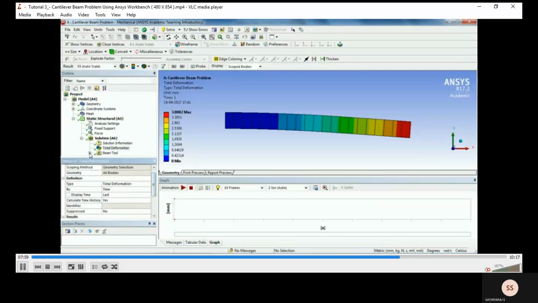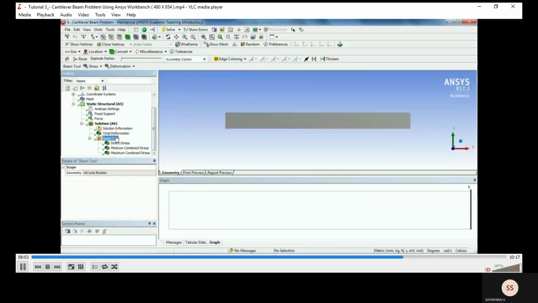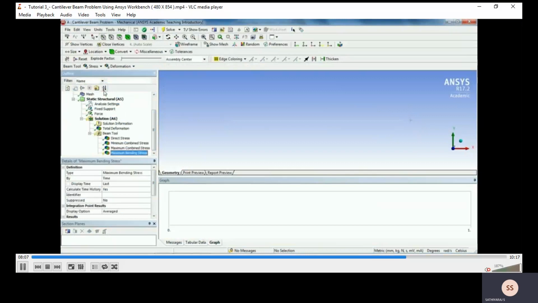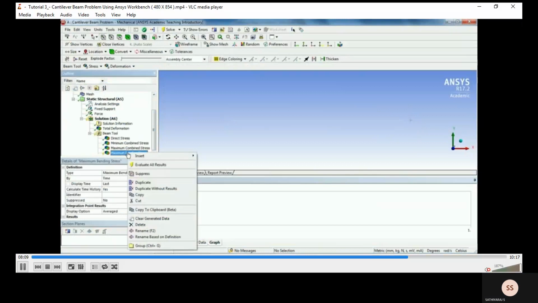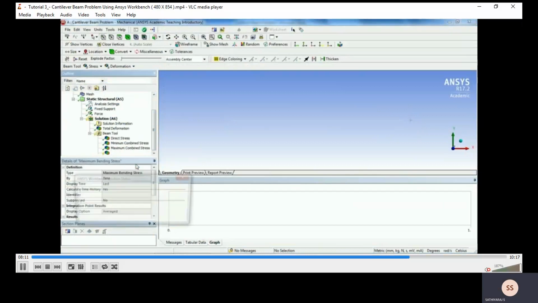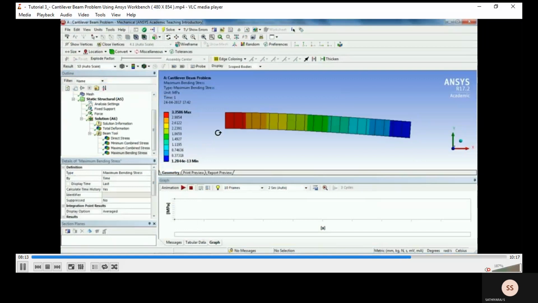Now again we have to go to solutions, beam tool, and select the maximum bending stress, insert. This is the result for maximum bending stress.